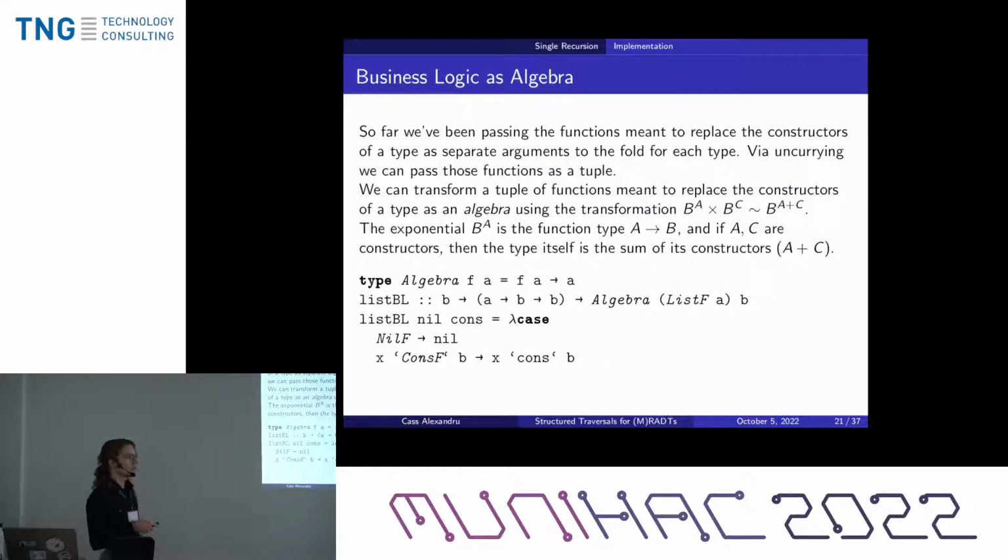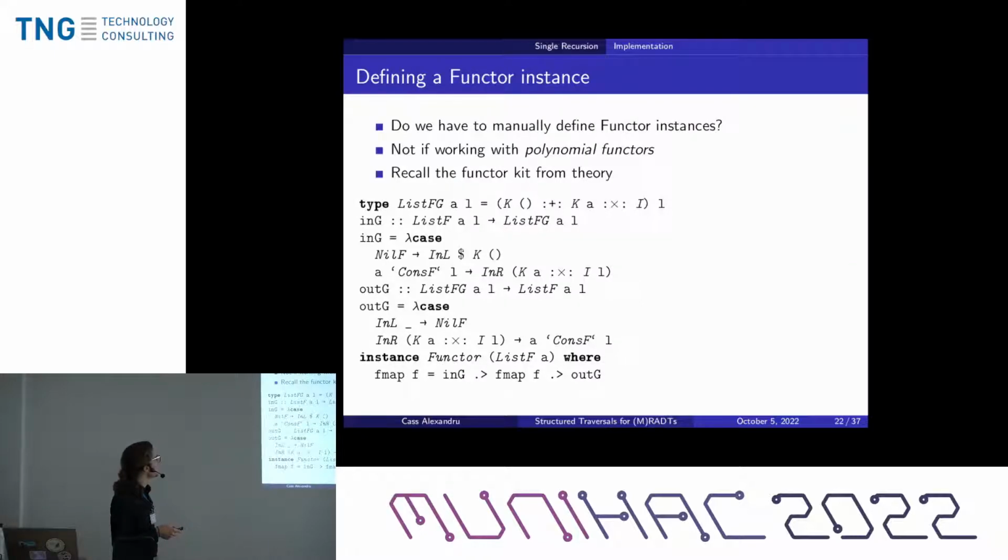So basically we're now defining the business logic that traverses over a data type as an algebra of the structural functor of that data type, where instead of the places where in the original data type you had the recursive positions, you now have the results of the recursive arguments of your traversal. Okay,